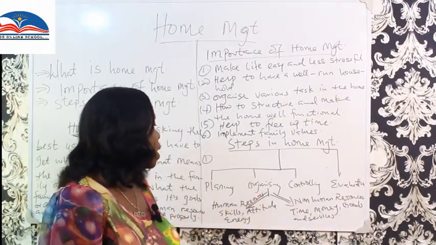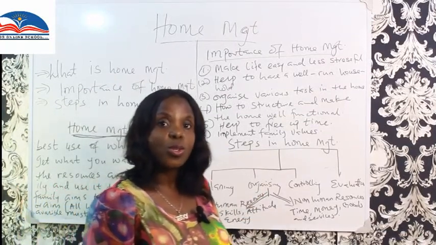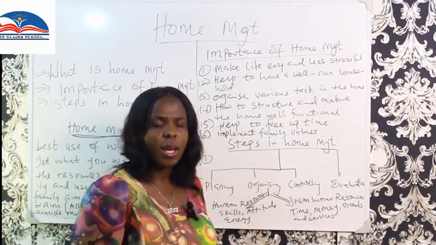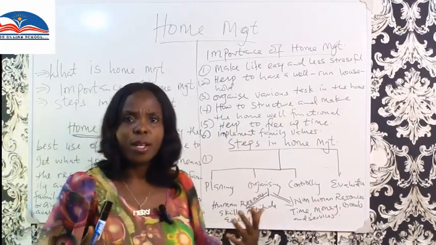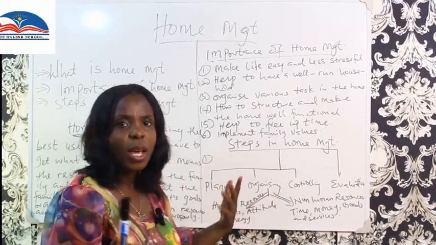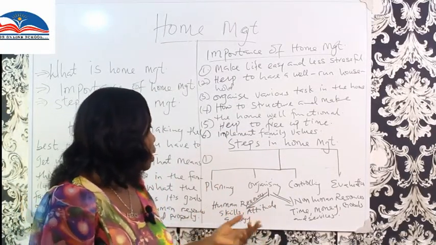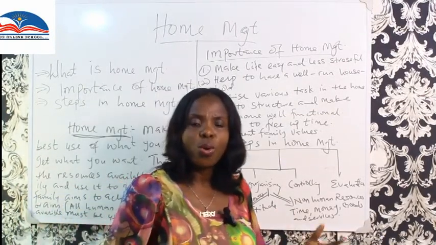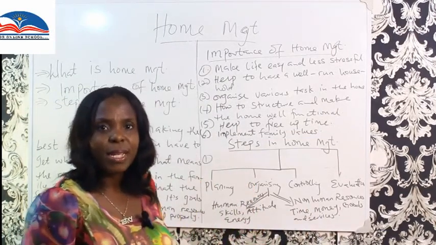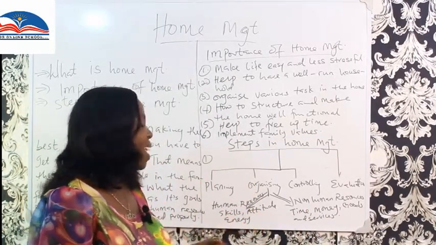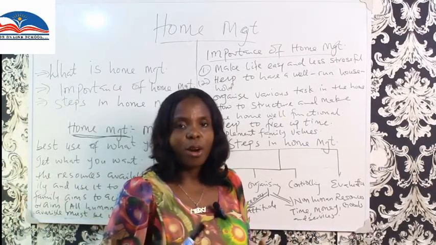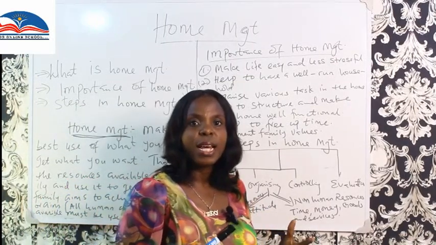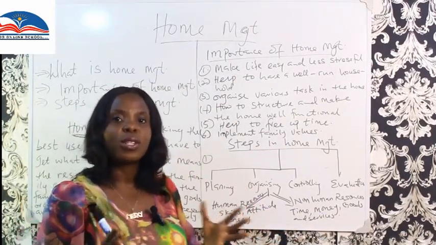Under organizing, we can use human resources to do that. The human resources that can be available here is your skills. That's why we tell you, teach your children simple skills that you know, or home skills that they need to imbibe. And then we have attitude. What attitude do you want your children or those of your family to exhibit? And then we talk about energy. In our home management class, we are going to see how you can prepare your own so that they can live a healthy life within the small resources available.